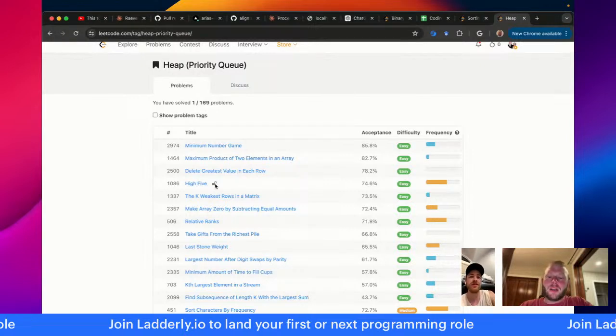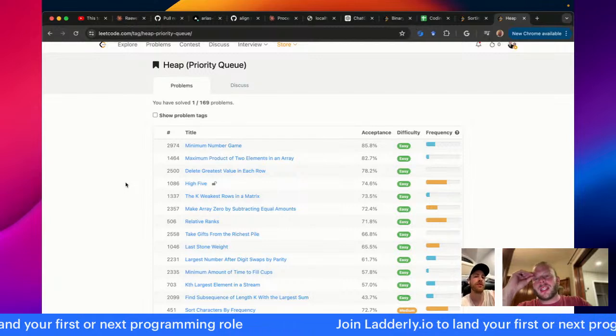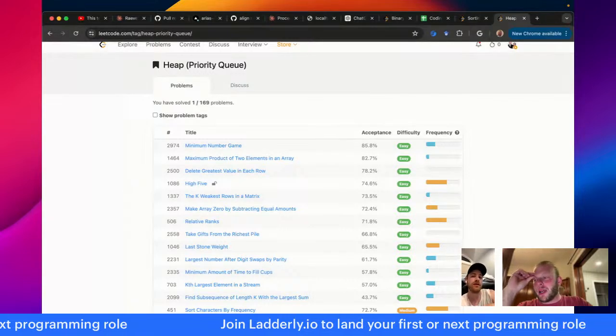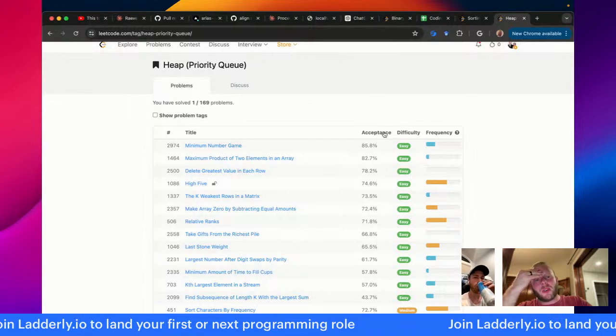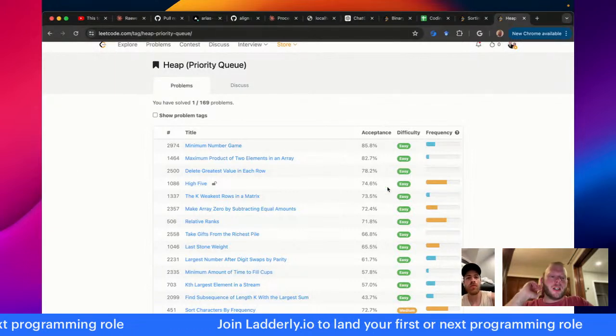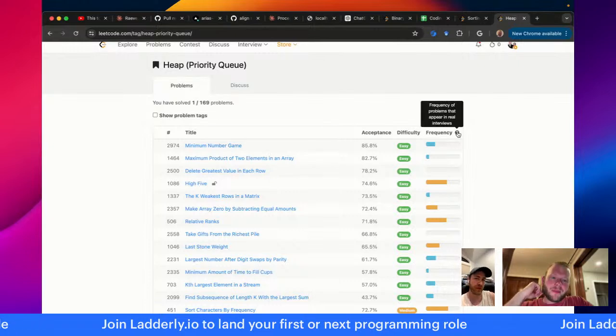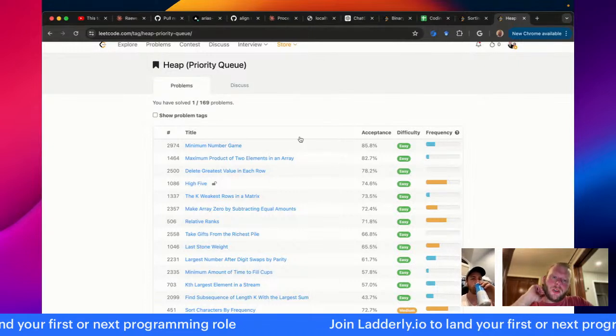Here I have the frequency with which it shows up in interviews, or frequency with which people complete it? Yeah, it's based on attempt. So Leetcode has both of those. The complete thing is called the acceptance rate. More like attempts, like frequency of attempts. Or is that just interview frequency?